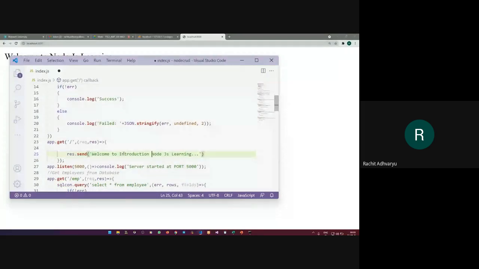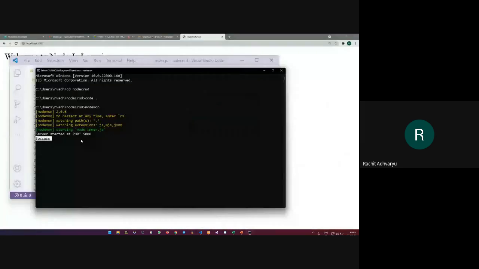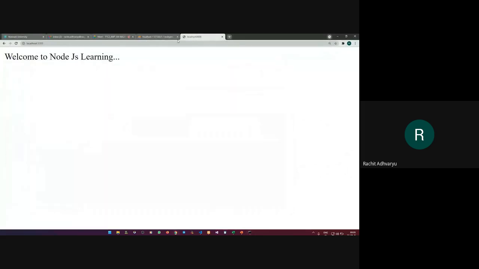of Node.js CRUD operations. I change this file now. I will save this. I saved it. I'll go to command prompt, and automatically the server will have the refresh part, and you just need to